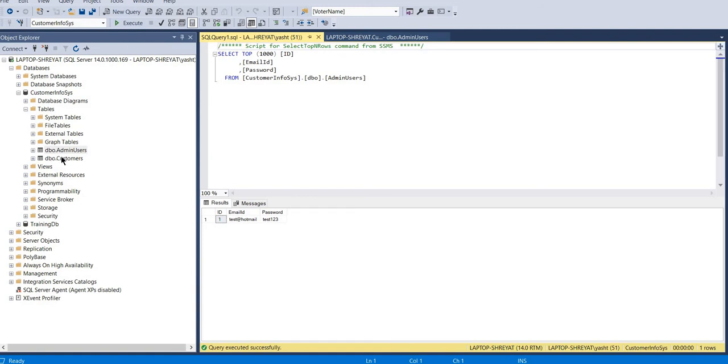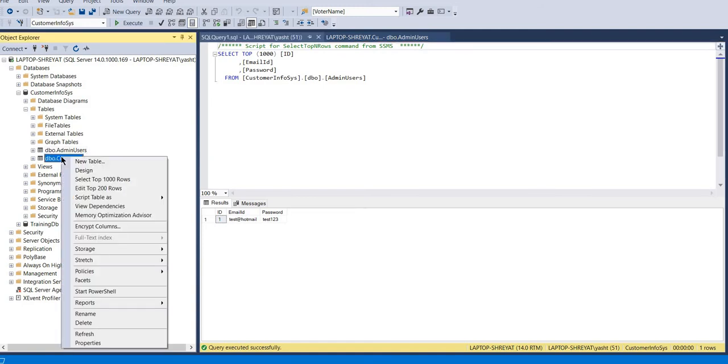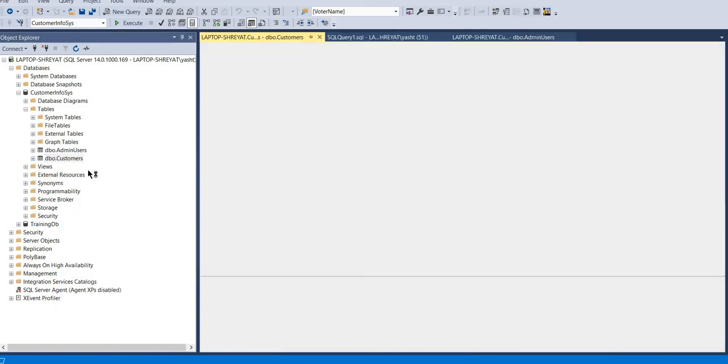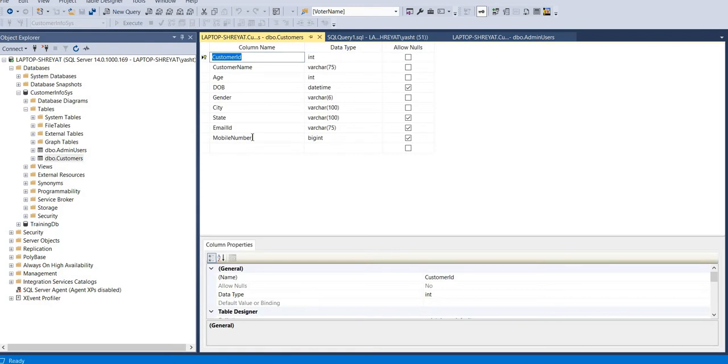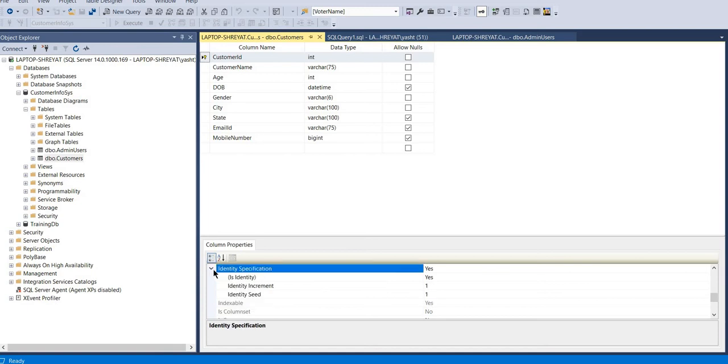The second table is the customer table, which is our main table, and we are going to do our CRUD operations in this customer table. So for that I have a customer ID which is a primary key, and also remember the identity specification. You have to mark it yes, so that auto increment happens and the value is entered automatically, not by you through SQL management.